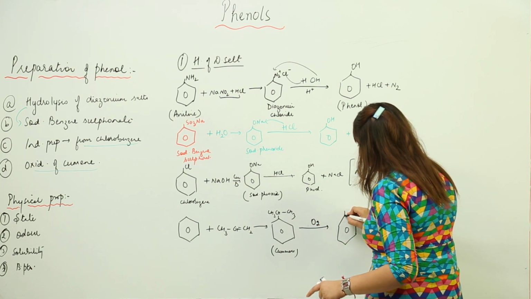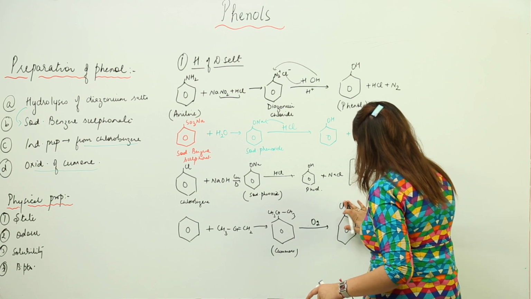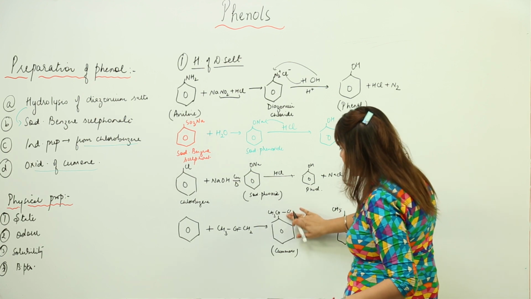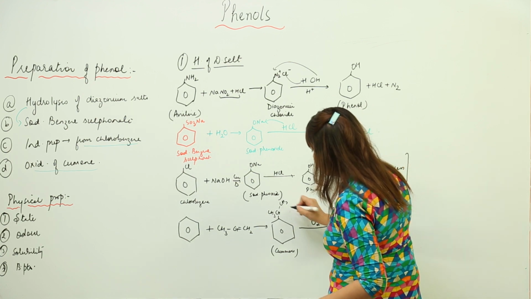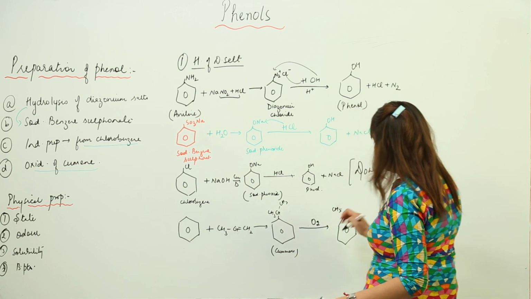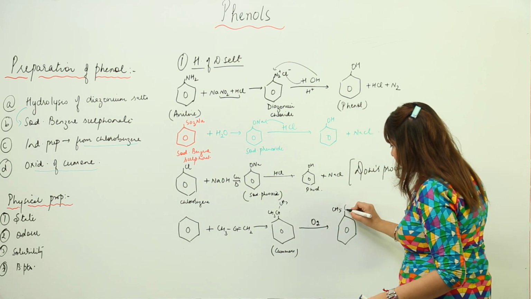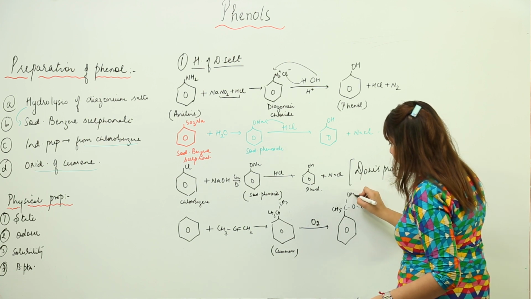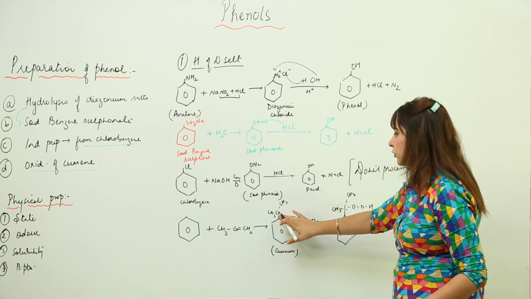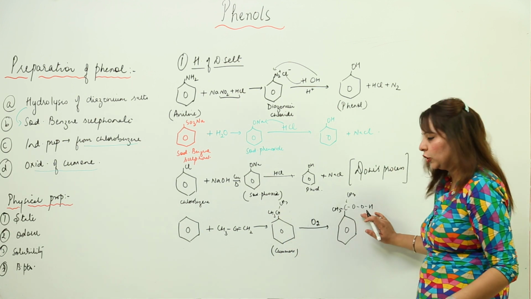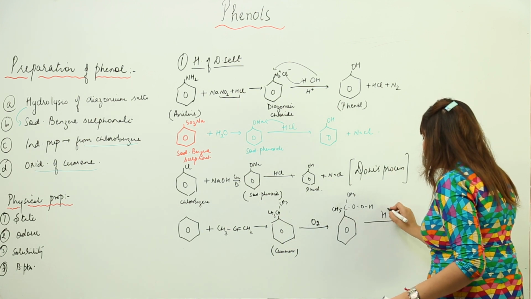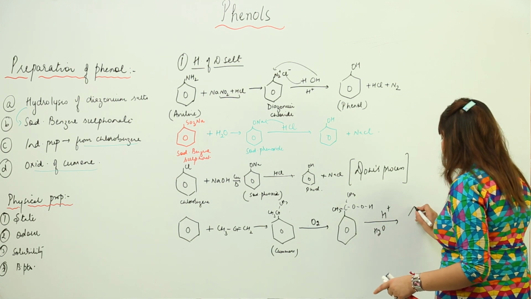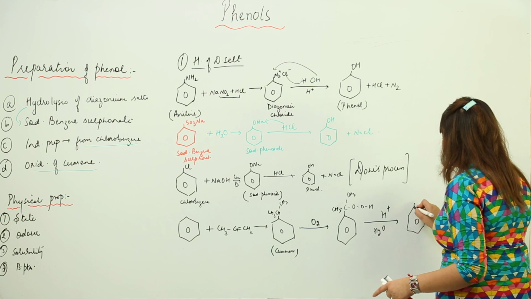So what happened, it turns out to be like this, CH3. In order to make it easy, do one thing, write it here, because you need to oxidize, you can put the oxygen directly here. So it will be CH3, C, OOH, and this remains as such. When you oxidize, this O comes in between C and H. Then you add an acid, hydrolysis again with the help of an acid, and what you get is phenol, and